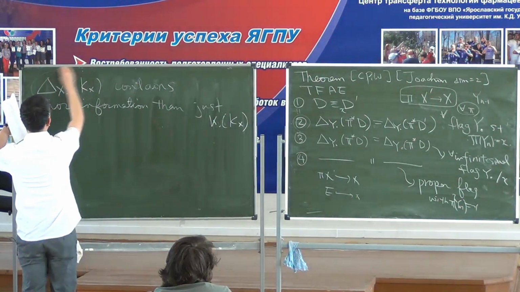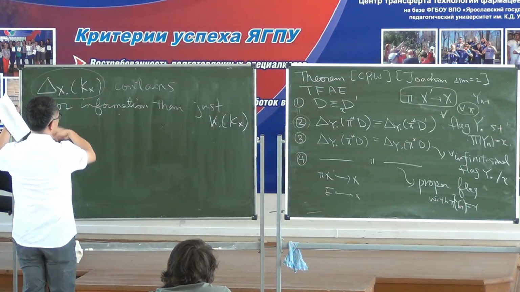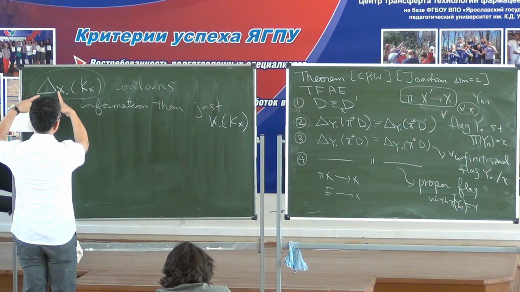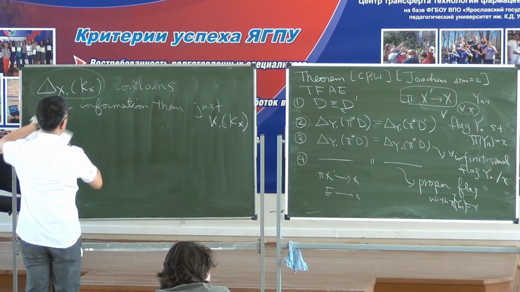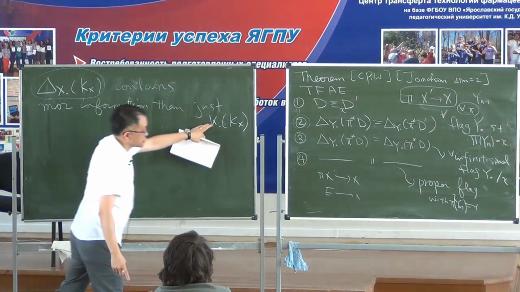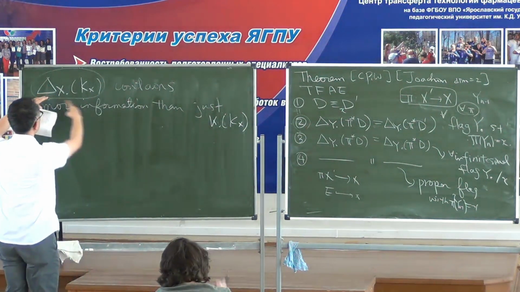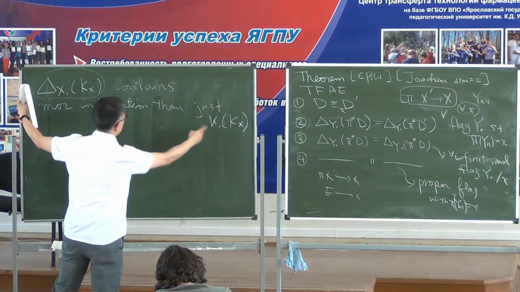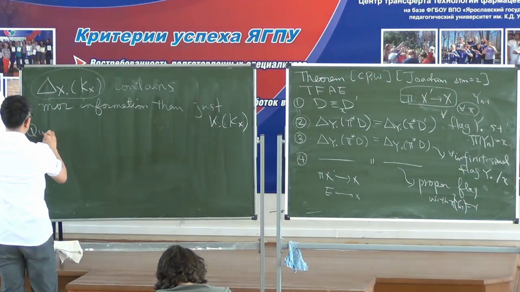The Euclidean volume corresponds to the volume of the divisor. The dimension corresponds to the Iitaka dimension. So this contains a lot of information, not just this. So my question is